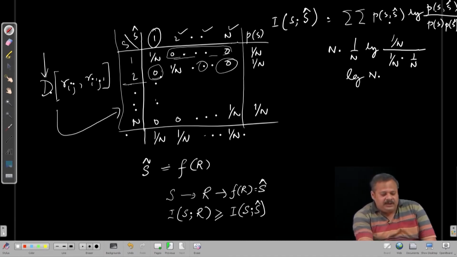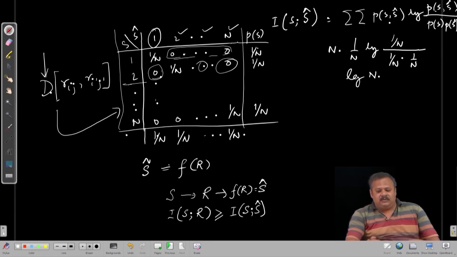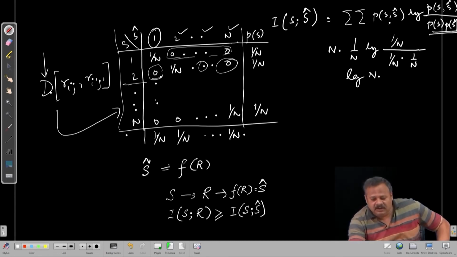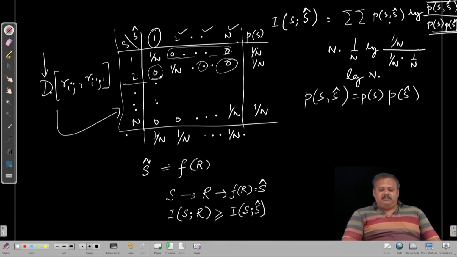That is, P(S, S hat) is equal to P(S) times P(S hat). That is what we see, that this denominator is equal to the numerator, that is P(S, S hat) is equal to P(S) times P(S hat), which means that they are independent of each other, and then the